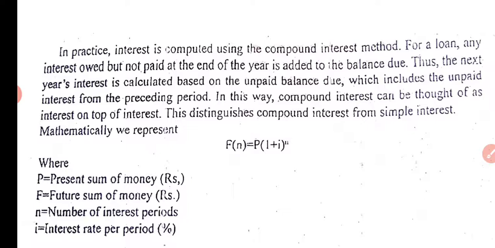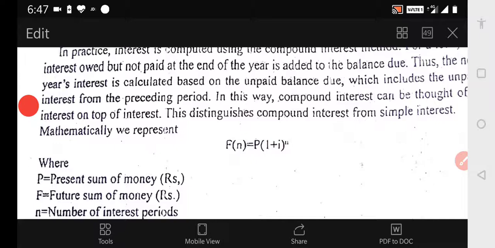So simple interest is calculated simply, but in compound interest, the interest accrued at the end of the calculating period, if it is not paid, becomes the principal for the next period, and then that also is considered for calculating the interest for the succeeding period. This is the compound interest formula. In real life, compound interest only is used for calculations and not simple interest.